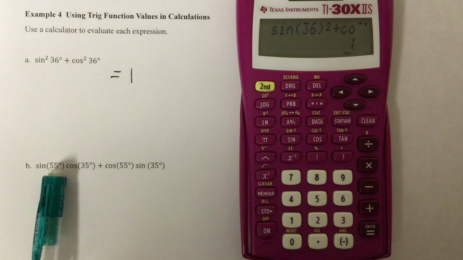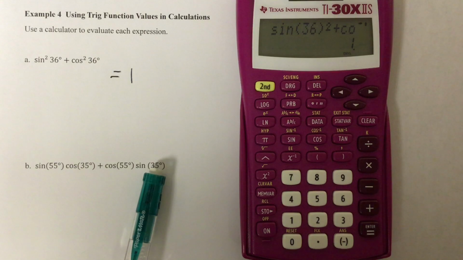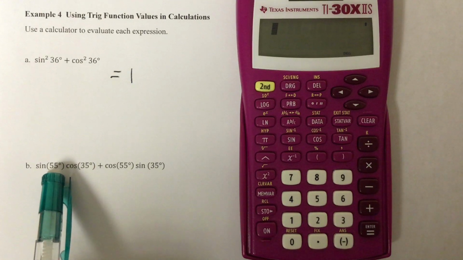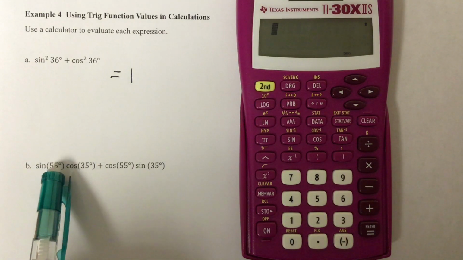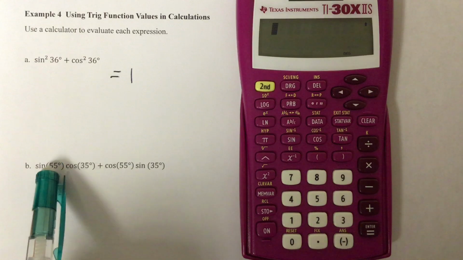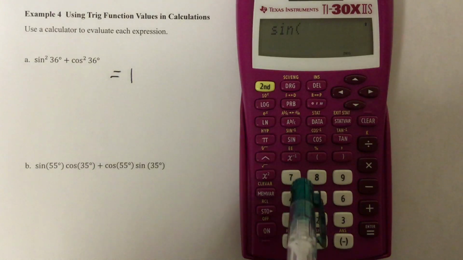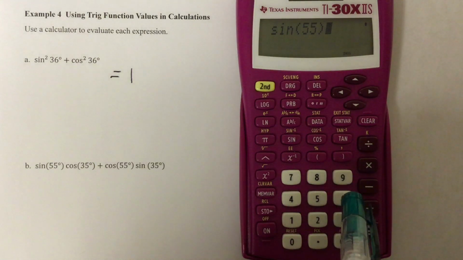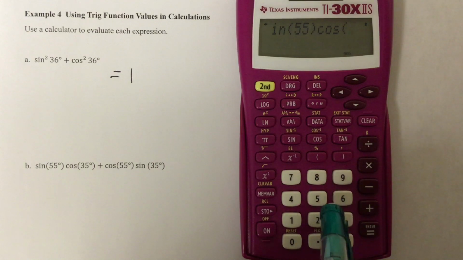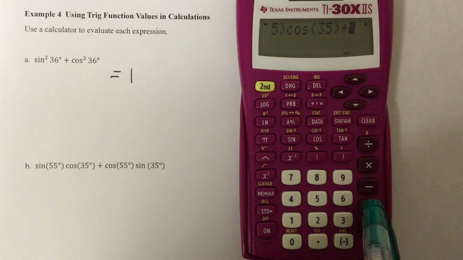So here we have sine of 55 degrees times cosine of 35 degrees plus cosine of 55 degrees times sine of 35 degrees. And I guess the most important thing to keep in mind on an expression like this is that whenever you're finished entering the argument for a particular trig function, you've just got to remember to close the parentheses. Otherwise, the calculator thinks that everything you're typing in is the argument of whatever function you've entered. So let's enter here sine of 55 degrees, close the parentheses, and then you could push the times button, but you really don't have to. If you just hit cosine, the calculator interprets that as multiplication,